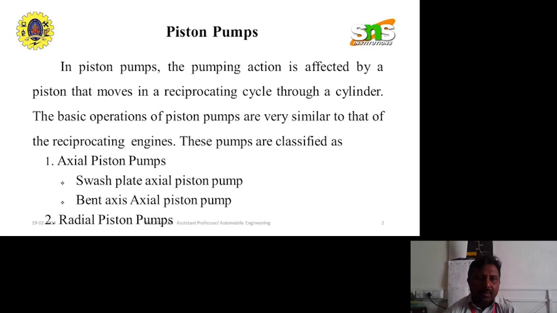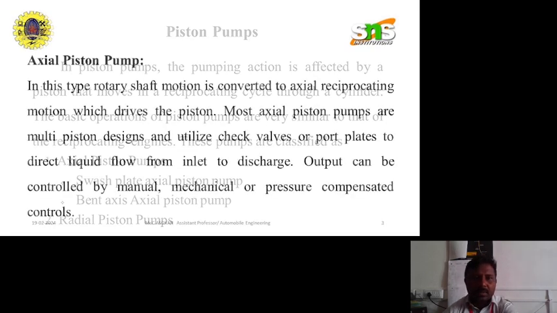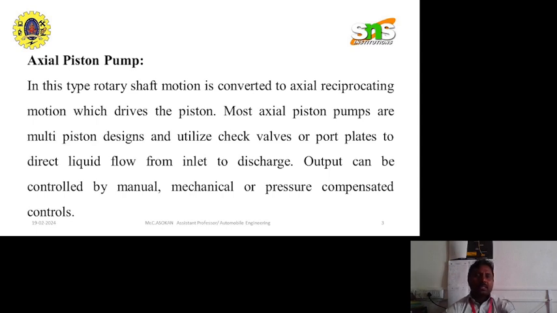The axial piston pump can be classified into two types: swash plate axial piston pump and bent axis axial piston pump. Axial piston pump: in this pump, the rotary shaft motion is converted to axial reciprocating motion, which drives the piston. Most axial piston pumps are multi-piston designs and utilize check valves or a port plate to direct liquid flow from inlet to discharge. The outlet can be controlled by manual,